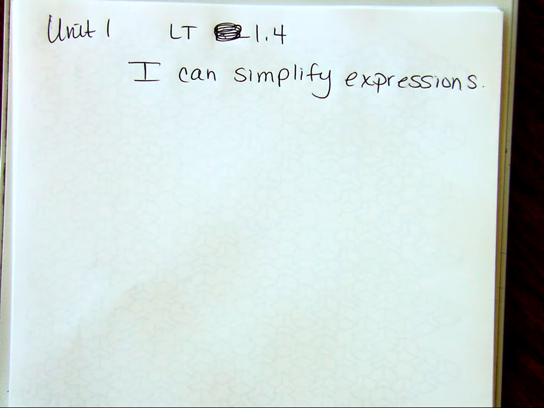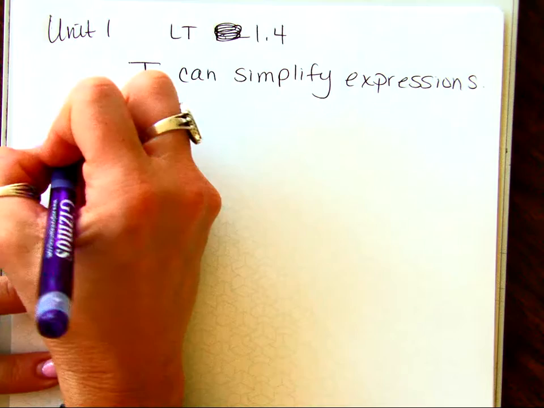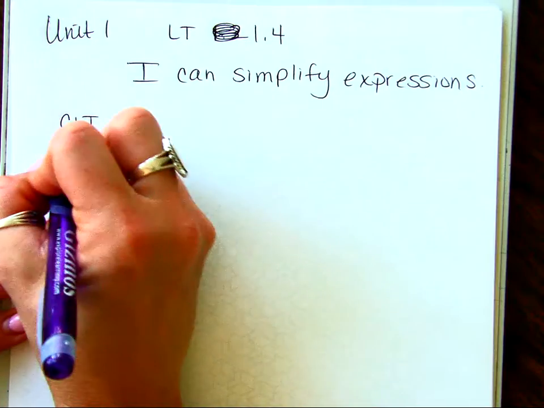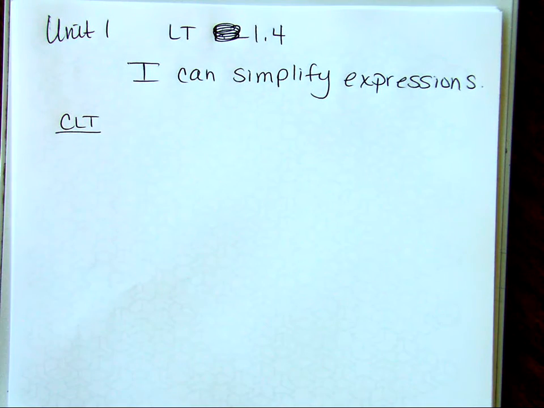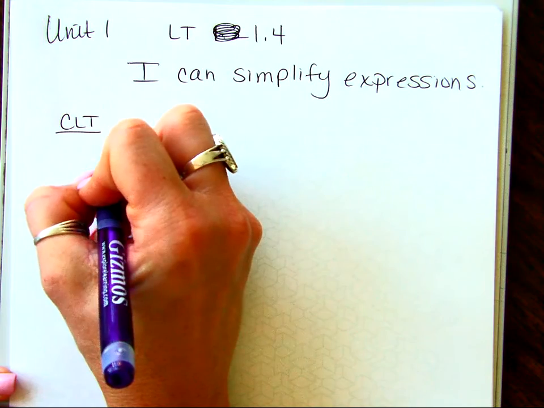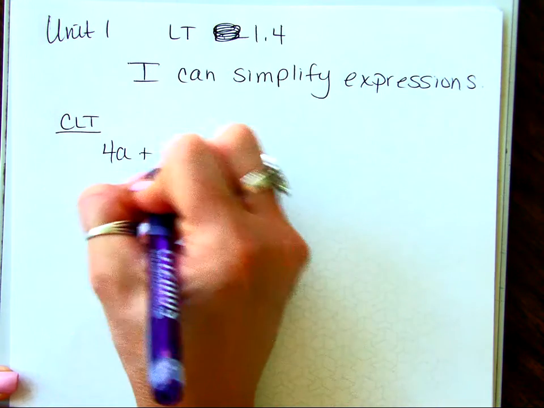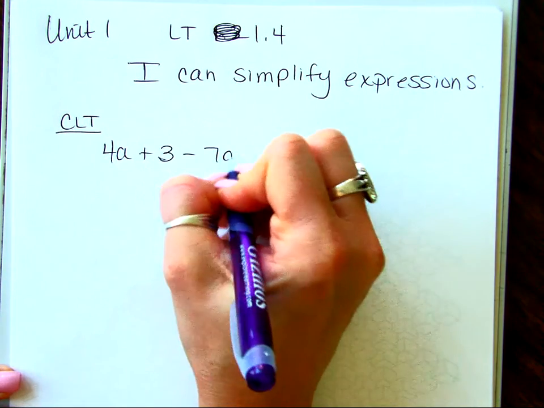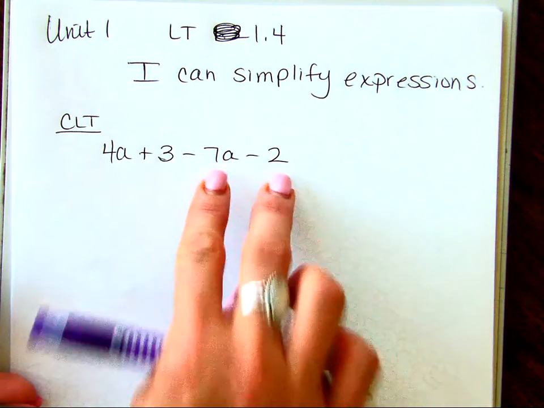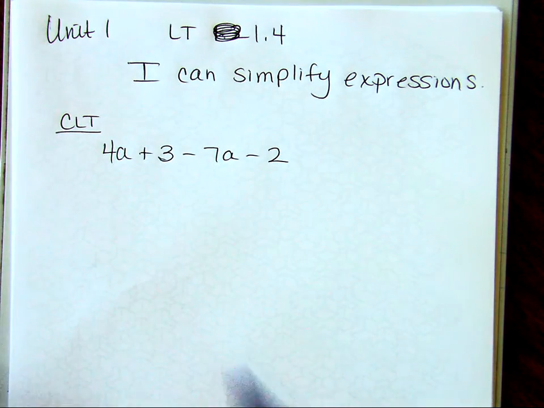So I can simplify expressions, and we're going to kind of do this in 3 parts. So we learned how to combine like terms last year. Sometimes it's called adding and subtracting expressions. So for example, if I were to look at this as adding expressions, 4a plus 3 minus 7a minus 2, okay? So adding this expression, if I'm adding this binomial to this binomial, we'll learn that word later, I'm combining